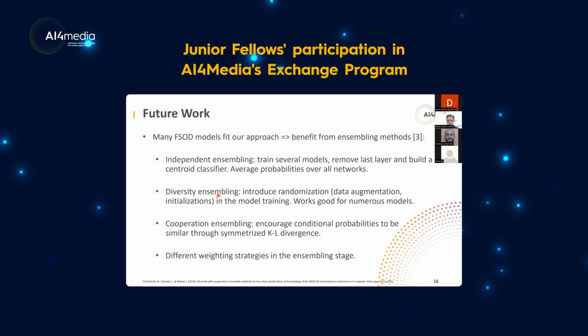Then the diversity ensembling, where we want to introduce some randomization in the model training. This theoretically works very well for numerous models, so in the number of 15, 20, 30 models, and so on. And also cooperation ensembling, where we want to encourage these conditional probabilities to be as similar as possible, by applying a symmetrized Kullback-Leibler divergence in the loss function. This one works very well for a low number of models, meaning up to 5 models,